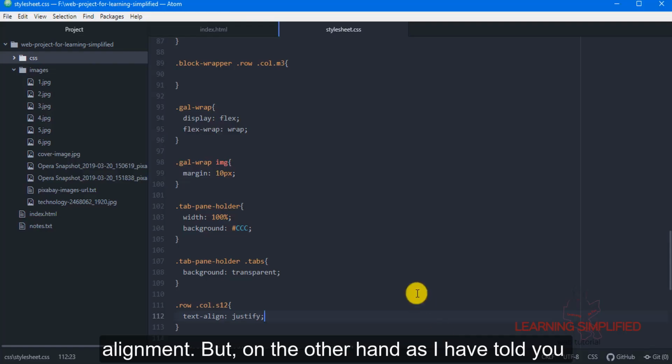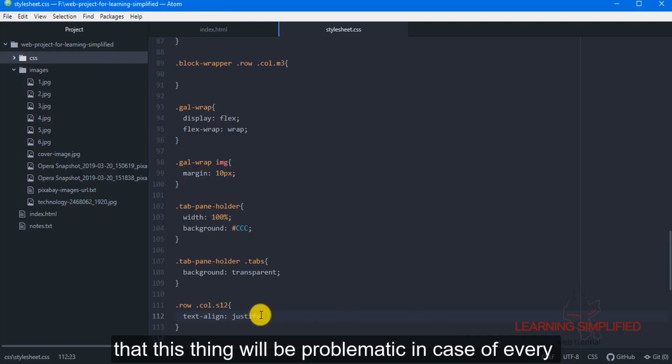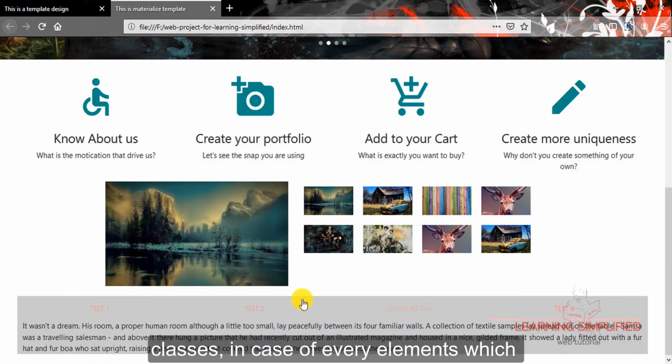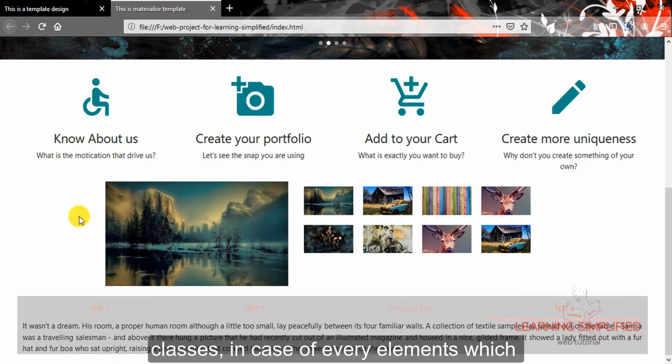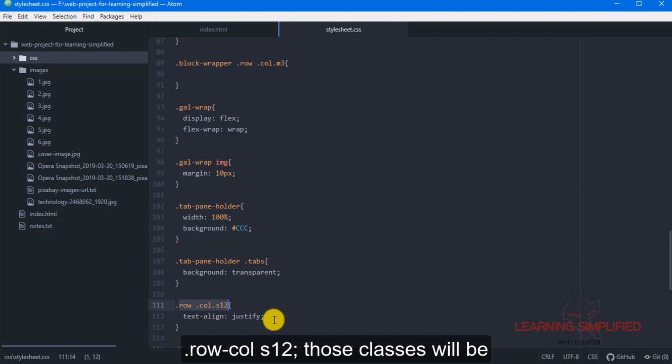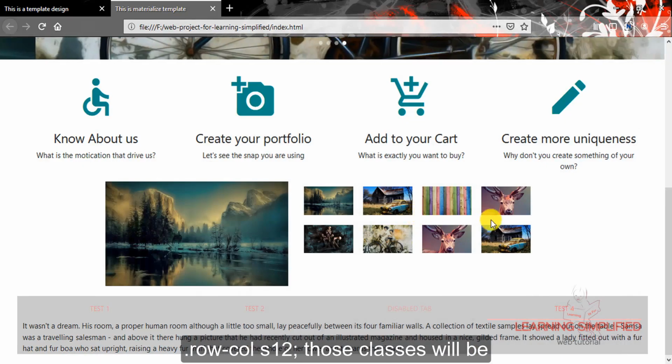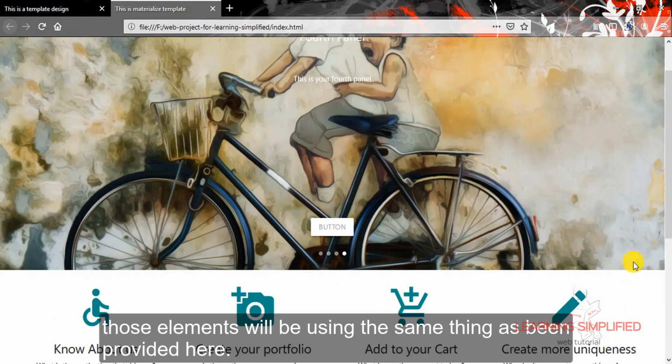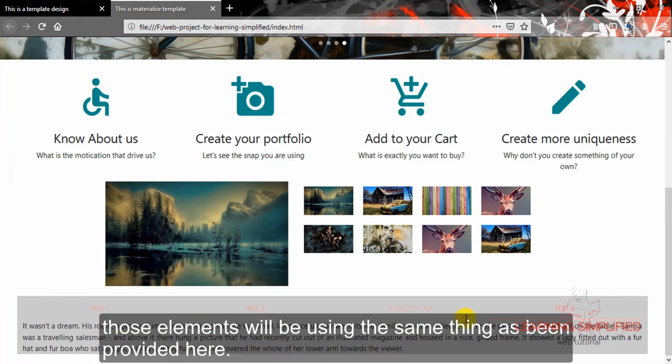But on the other hand, as I have told you, this thing will be problematic in case of every element which is using this particular class, like this row col s12. Those elements will be using the same thing as being provided over here.